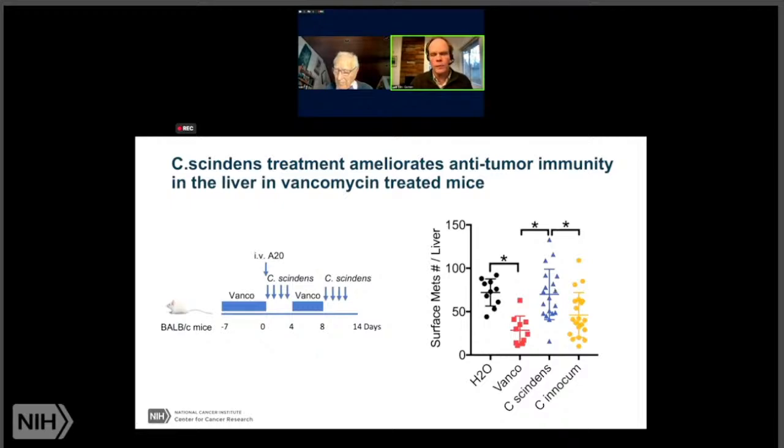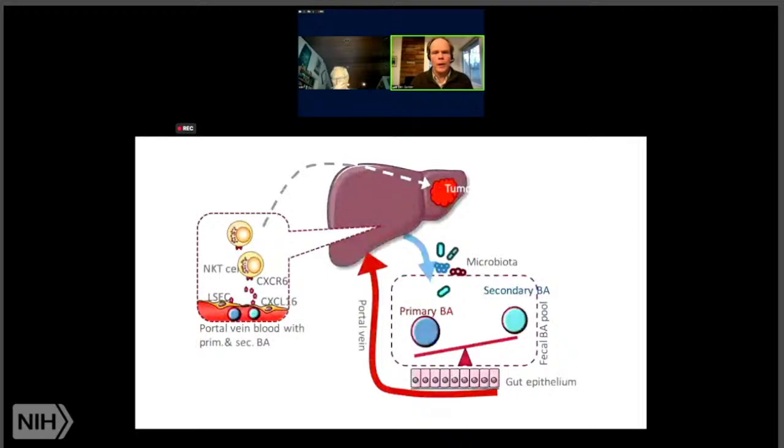And what I don't show you, obviously, is that in parallel this also leads to a change in the NKT cell number in those mice, which goes down again, as well as changes in the bile acid metabolism. So I think this is a classical and one of the first examples where we can actually pinpoint, at least in a model system in mice, changes to a specific immune function by commensal bacteria.